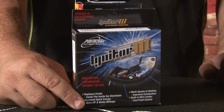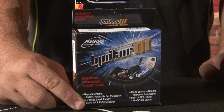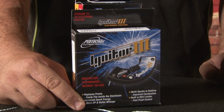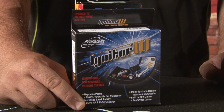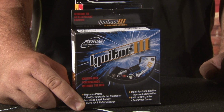The Ignitor 3 would be the highest performance system that Pertronix offers. It installs slightly differently than the Ignitor 1 and Ignitor 2 in that you have to remove the breaker plate from your distributor when installing it. It comes with a built-in rev limiter that allows you to adjust within plus or minus 50 RPM of your desired rev limit. It also produces the highest output of any system and is designed for high performance applications where